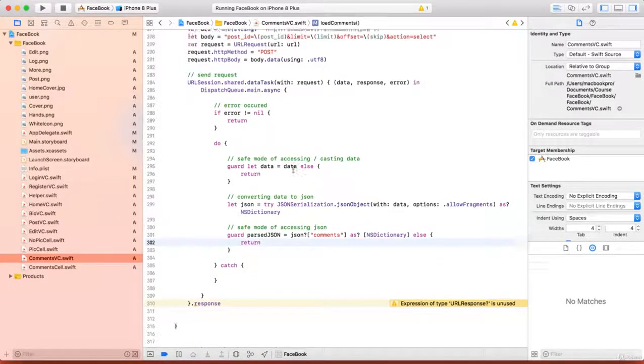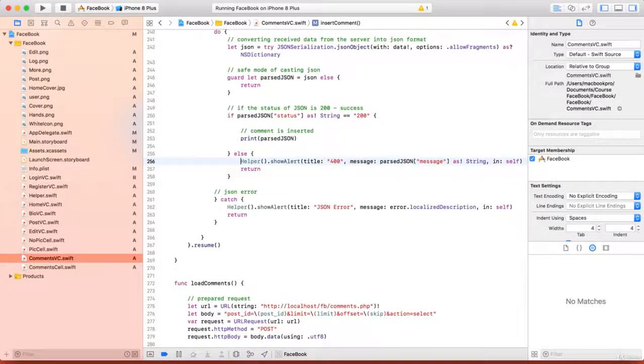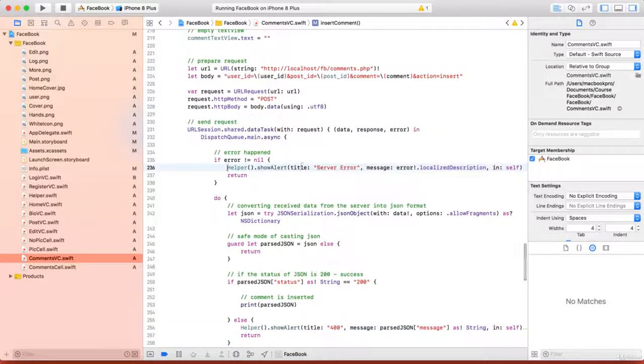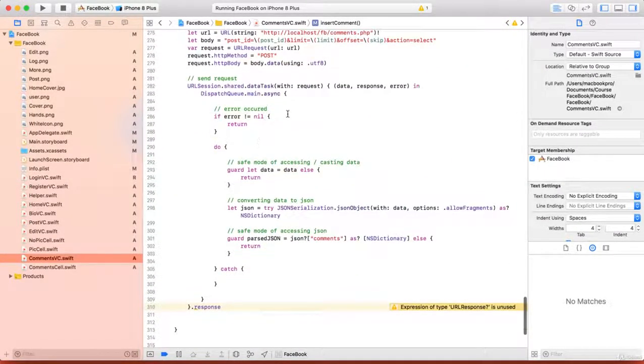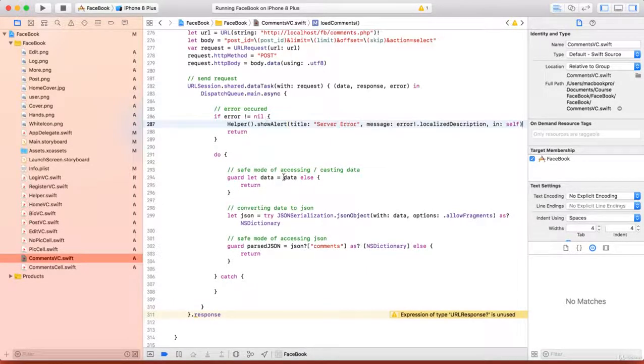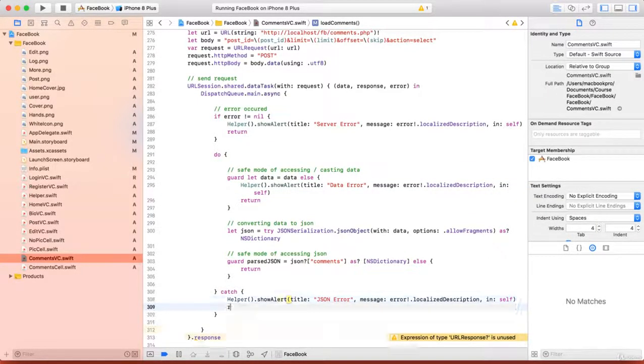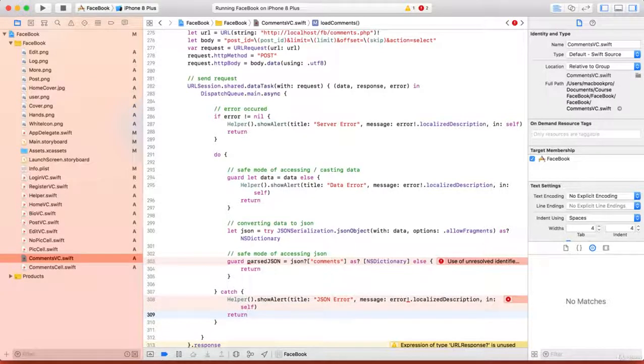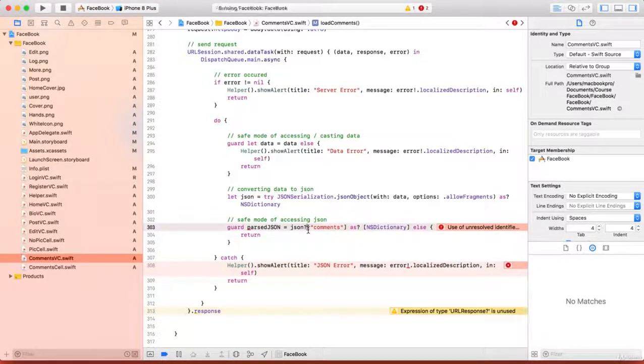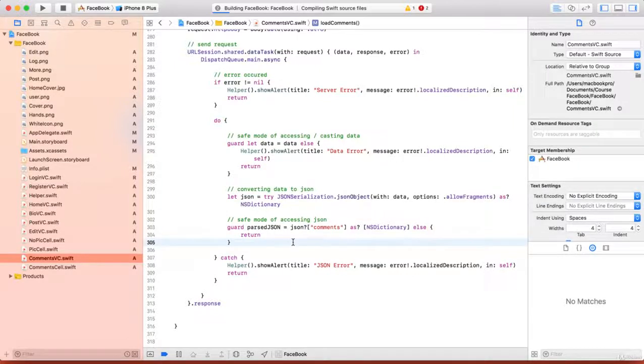Okay, let me put now here the error messages in case they appear. That will be a server error. That will be a data error, and that will be a JSON error. And we'll want to return whenever the errors happen. Okay, very good. So then what we will do now,